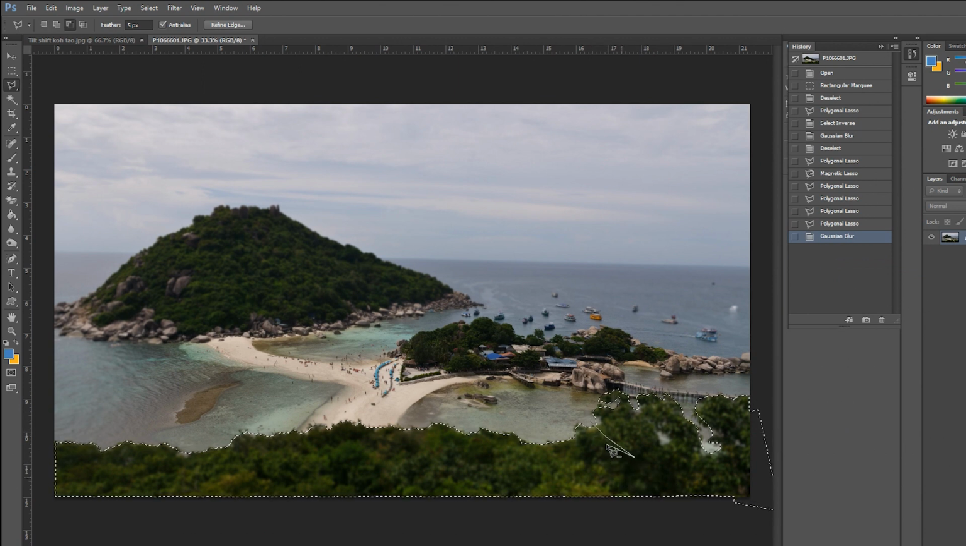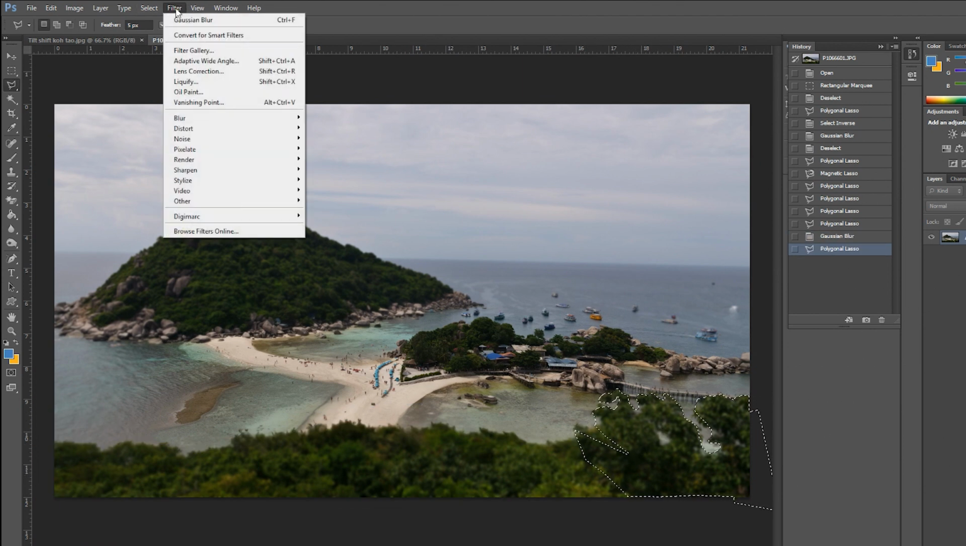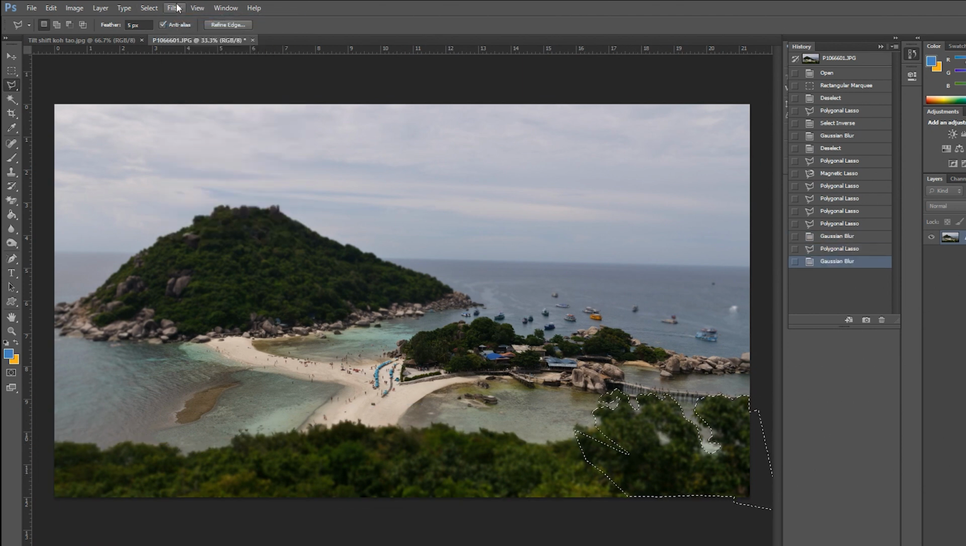rid of, get rid of this whole thing. We got these trees still in focus. I can go to filter and Gaussian blur it again, and it's going to double what we just did. And I'm going to do it a lot more, so it's almost totally gone. Okay, so now we got a front rim out of focus, and then we can start working on the back